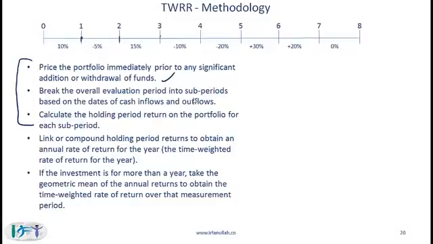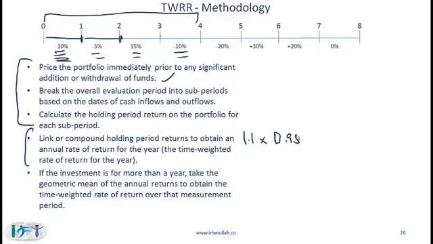Break the overall evaluation into sub-periods based on the dates of cash inflows and outflows. So we have defined these as sub-periods. Calculate the holding period return on the portfolio for each sub-period, and that has been done. So we have calculated the returns for each sub-period. Then we are supposed to link or compound holding period returns to obtain an annual rate of return for the year. So if you take year 1, to come up with the number for year 1, we simply multiply 1.1